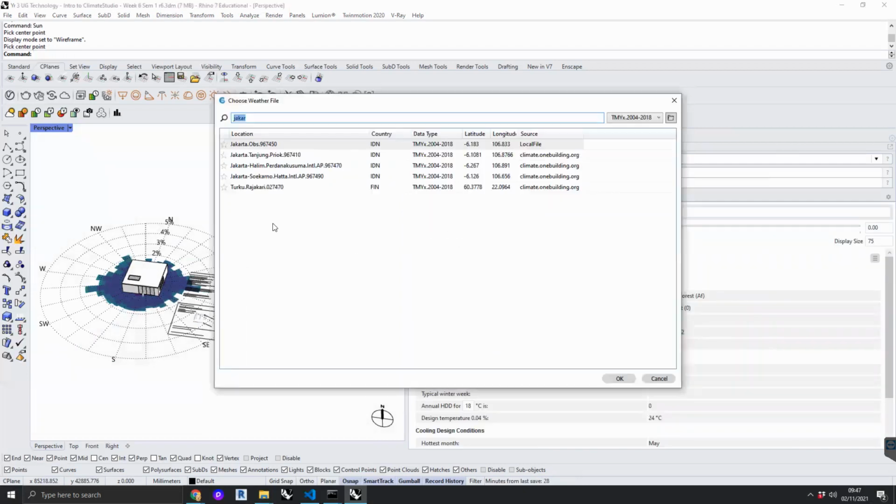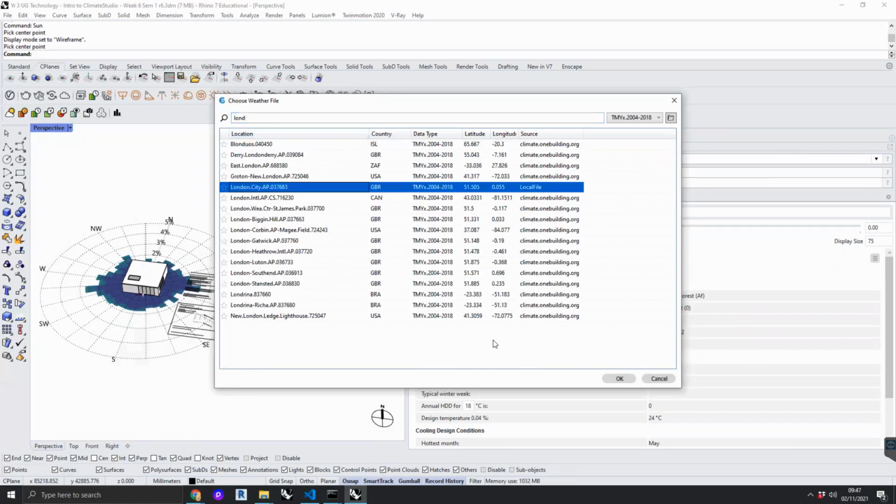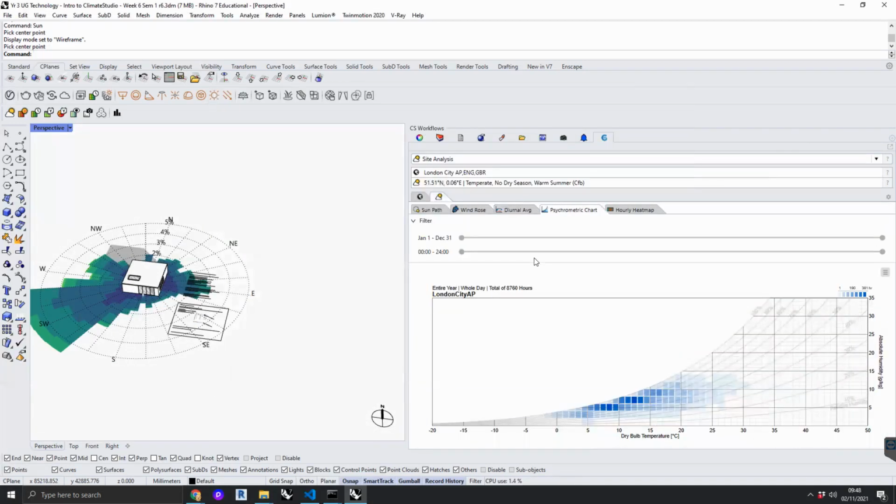Okay, let's head back to London. London City. Go. Right. Psychrometric chart. Oh, it's so exciting. Sorry, you probably can't even read that psychrometric chart? It's pretty small. A psychrometric chart